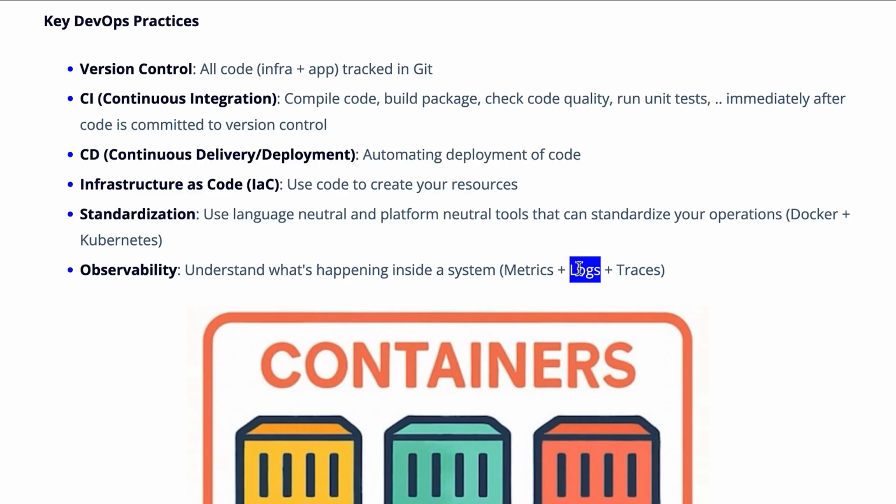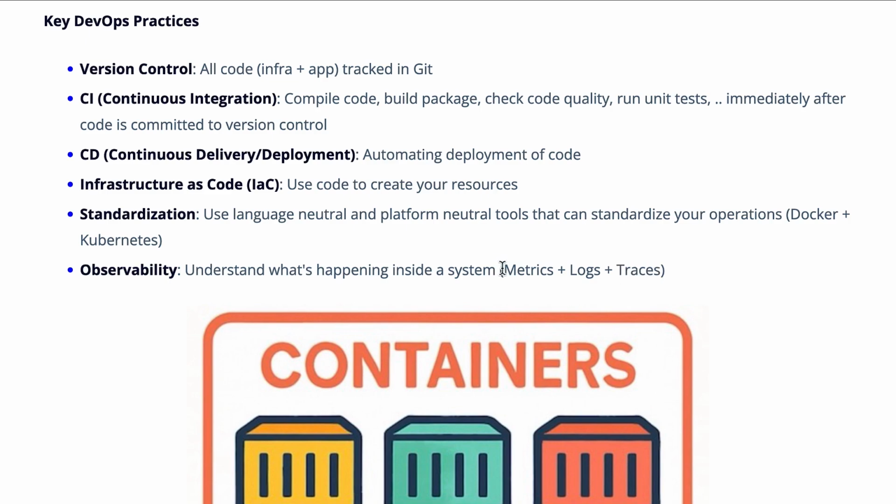Typically, whenever you're building an application, applications will be writing logs. Even the servers might be sending information as logs. And you'll also have traces. Whenever there's a request, it might go through multiple microservices. You'd want to be able to trace the request across multiple microservices. That's where traces become really important.